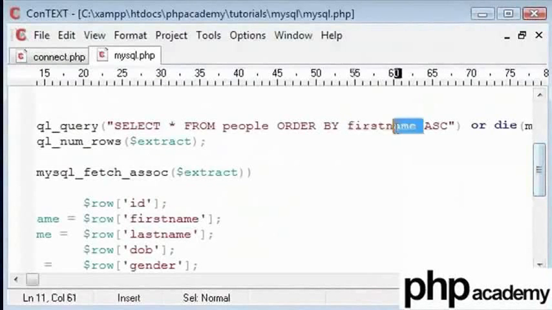Another thing to do is, let me just take this back to ID and have this as descending. We can use this limit 1, or we can say limit 2, 3 or 4. Now let's have one to let the user of the page know the last person that was inserted into this table.